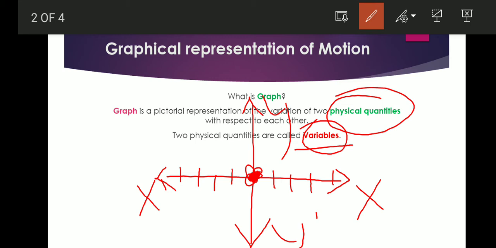In this case one variable will depend on the other. If I talk about one variable depending on the other, suppose here we have x values. Let's say here 1, 2, this is 2, this is 3, 4. Okay, so here also 1, 2, 3. So if you keep moving toward this x-axis, at the same time